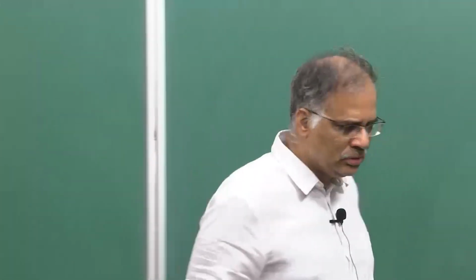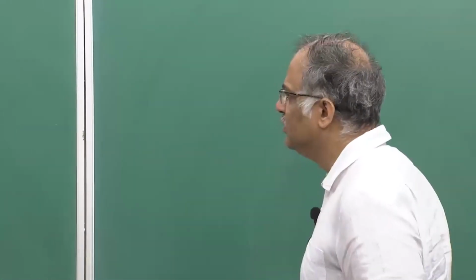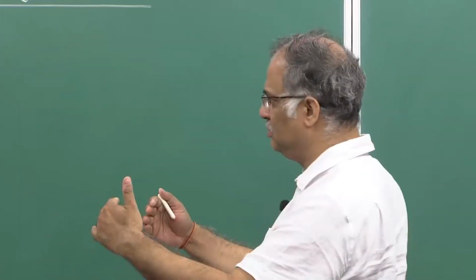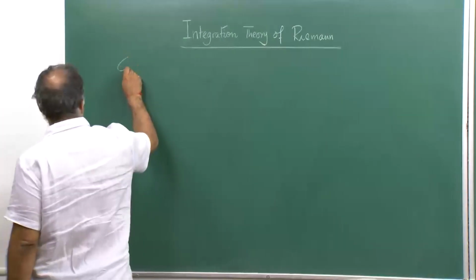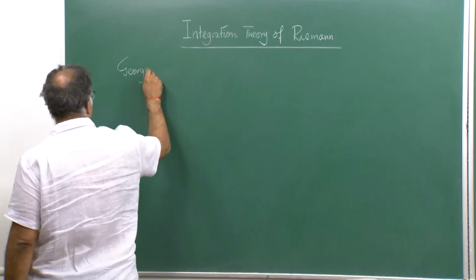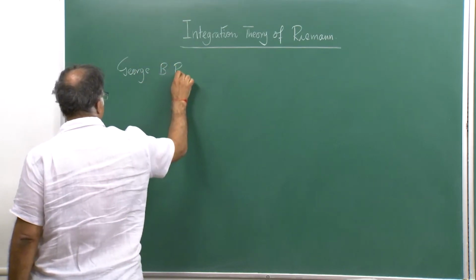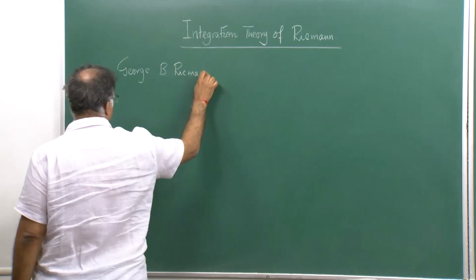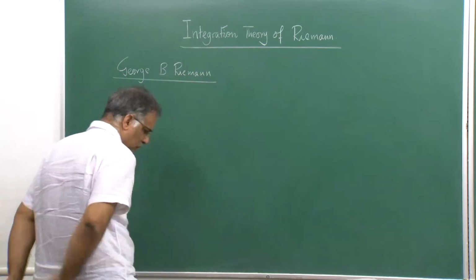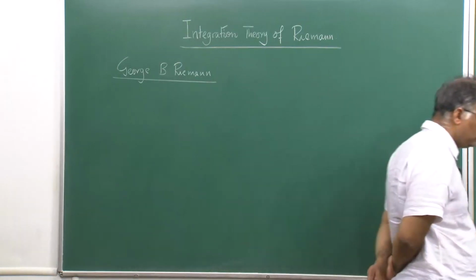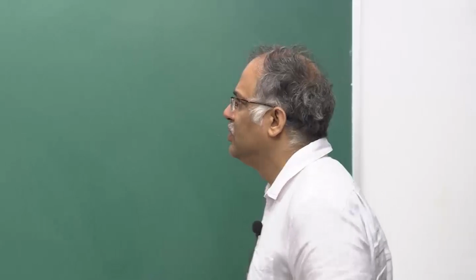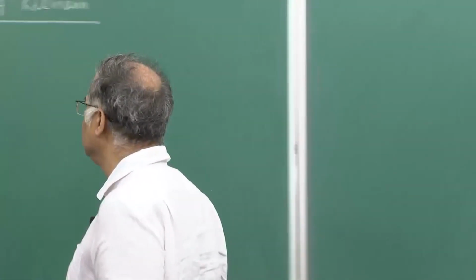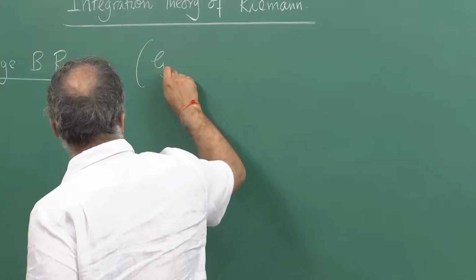This first move from continuous to bounded functions was achieved by a very famous mathematician of the 19th century, George Bernard Riemann. In fact, his birthday falls in September. He was born on 17th September 1826, I would say, or 1826 or 24, something like that. So, George Bernard Riemann was a German mathematician, and he was brilliant enough